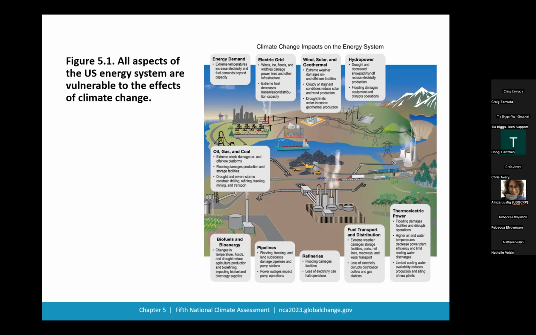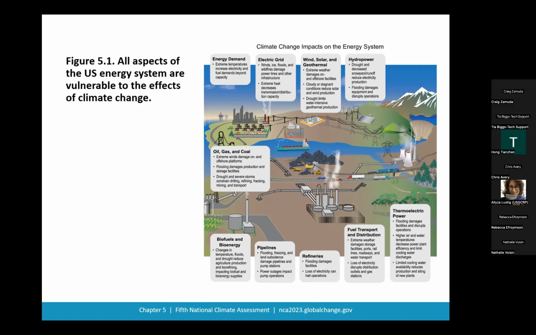Higher air temperatures can reduce the efficiency of electricity generation, also the transmission and distribution of electrons, while also increasing electricity demand for cooling. Higher water temperatures can result in the temporary shutdown of power plants. Higher air temperatures can impede access to oil and gas fields and impact pipelines in Alaska due to thawing permafrost. But these higher air and water temperatures in Alaska can also reduce Arctic sea ice and benefit offshore production and shipping